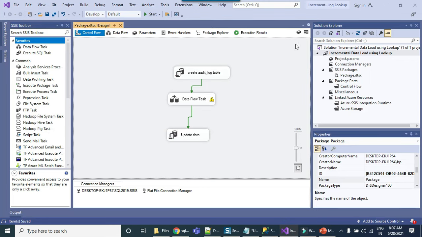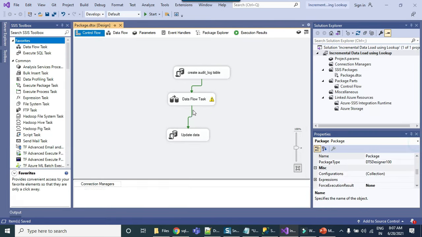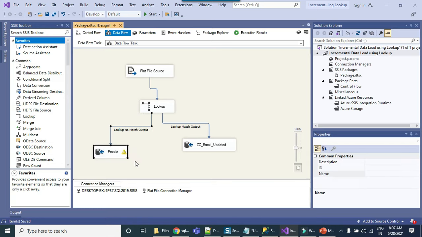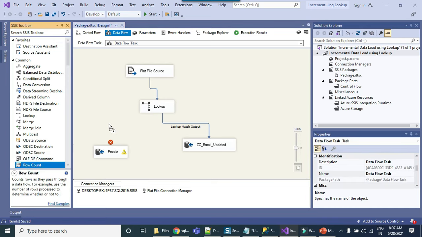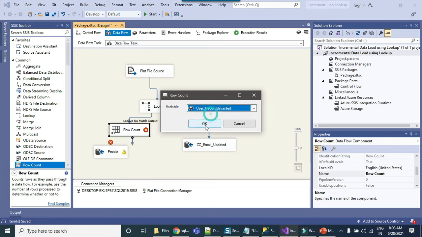However, for the inserted records, let's declare an SSIS variable, records inserted, and now let's configure the data flow task. Because the non-match records will flow from lookup transformation to lookup no match output, we just need to use a row count transformation here, and then inside row count transformation we can select the records inserted variable.